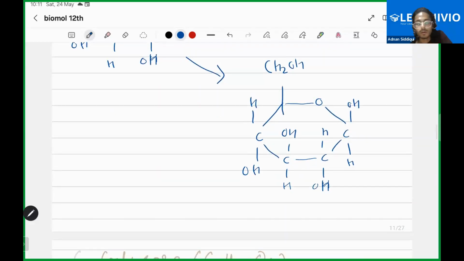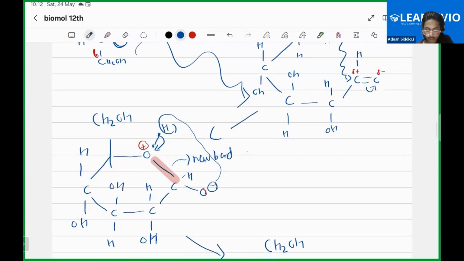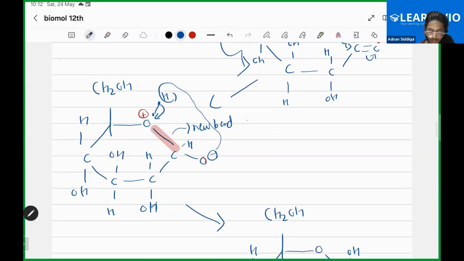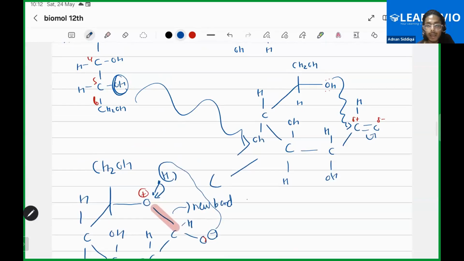Okay. So we observe there are two forms of cyclic structure, right? One is alpha, one is beta. So how will we decide whether the alpha form or the beta form is forming? Suppose the attack of this oxygen is from the backside, and if the attack is on the front side, from here,